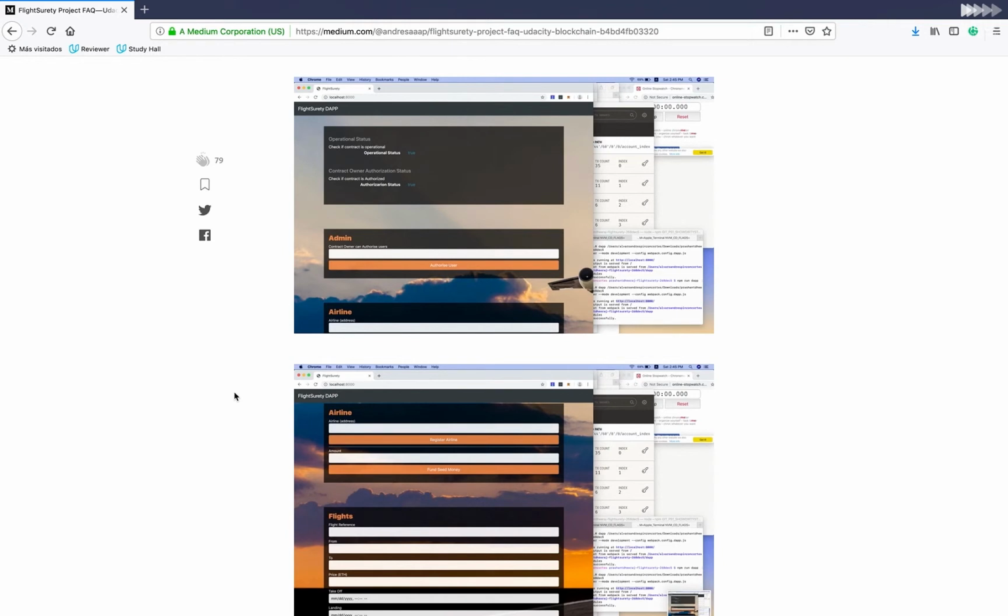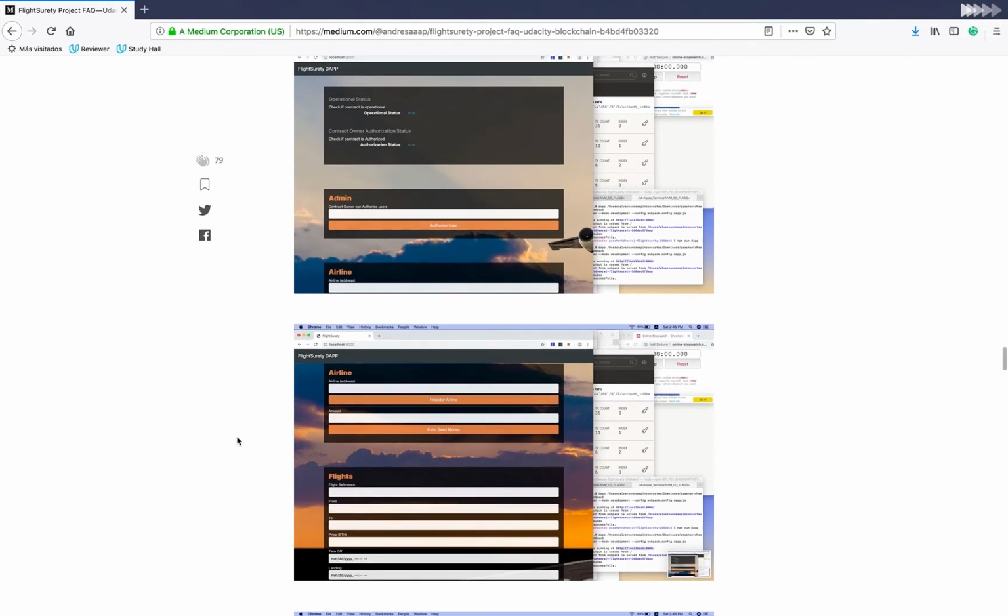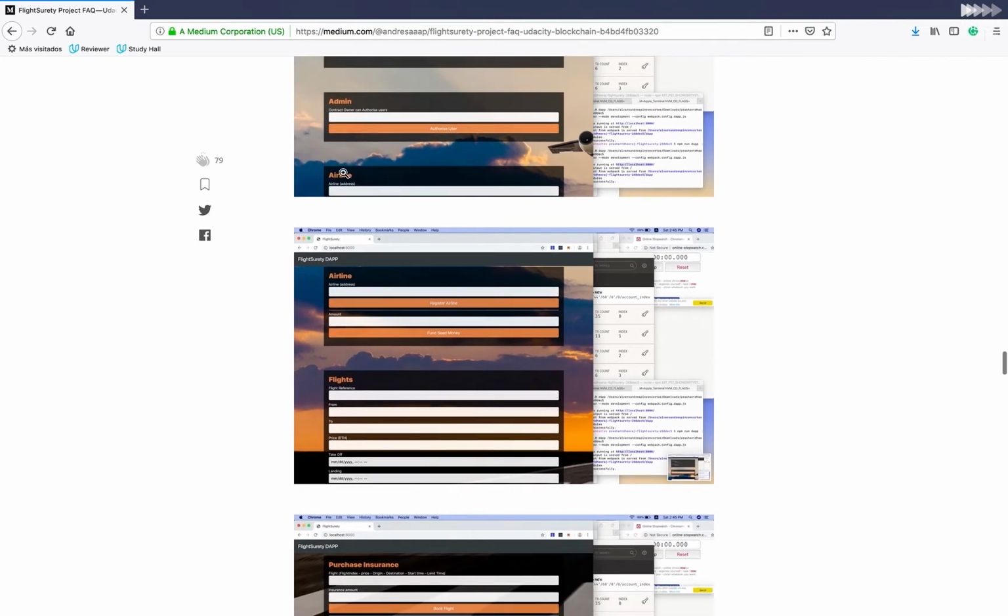I want to show you another example that you can also use. This is from another student. These are really great. In this one, you authorize the people that can use this contract first, and then you register the airlines. Here the student allowed you to register the airlines, so that is okay. That is an acceptable thing. You register the airlines and use it. This approach is also valid, because here I don't have a list of airlines to register from, but this is also okay.